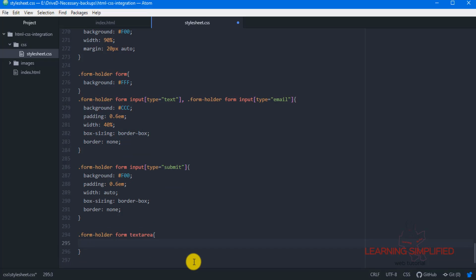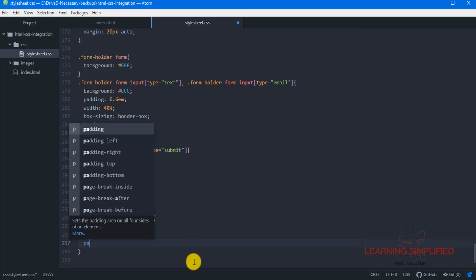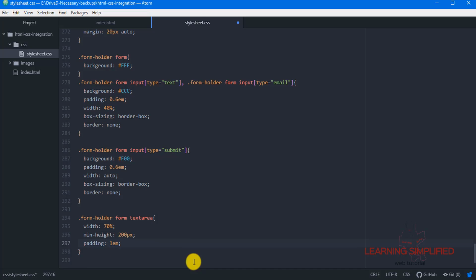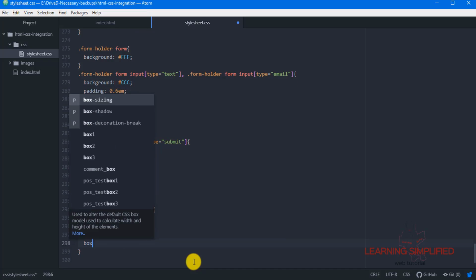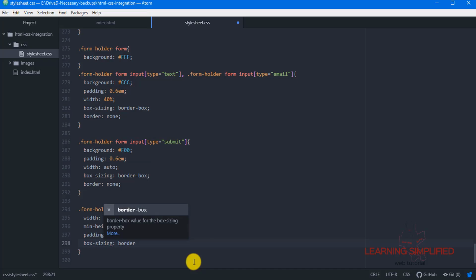They will be executing these particular properties, such as width 70%, let's provide a min height of 200 pixels, say. We are putting a padding of 1em, and we are putting a box sizing of border-box.